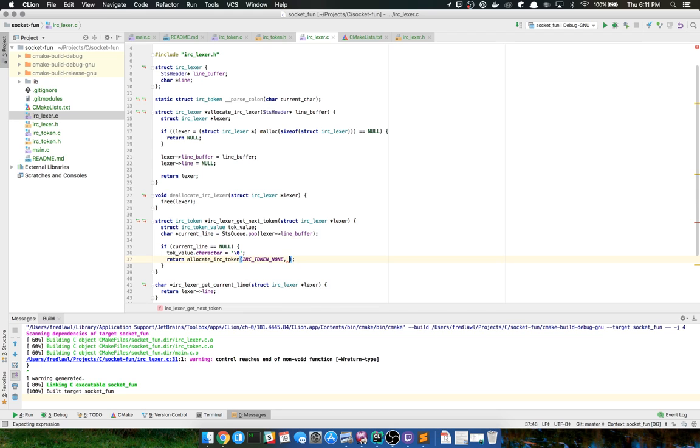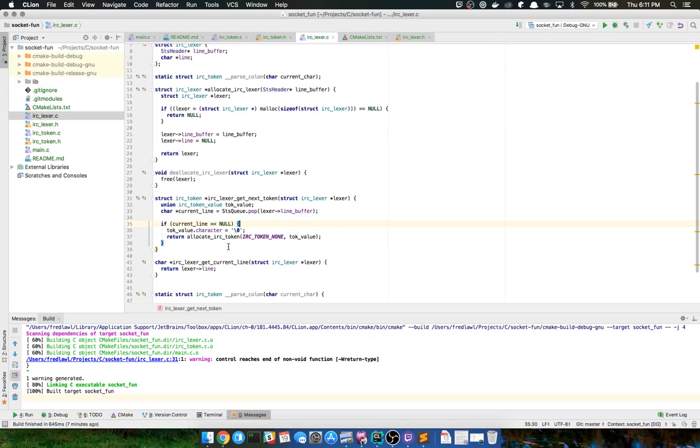I believe that's right. Let's see if that compiles. Oh, it requires a union. Struct IRC token value. Did I make that as a struct? No, I'm pretty sure I made that as a union. Yeah, there we go. So if the current line is null, we're just going to return that token none.